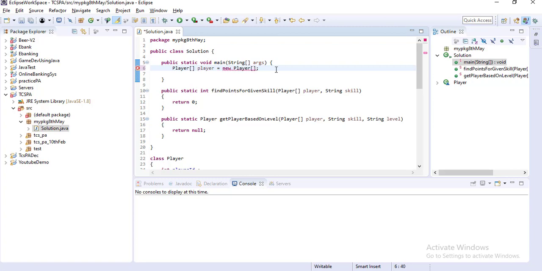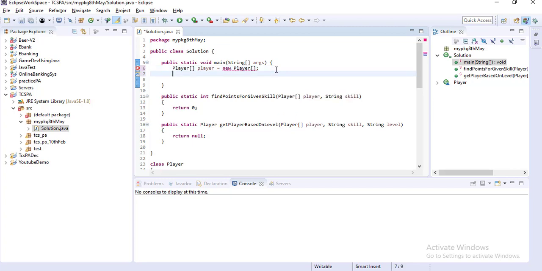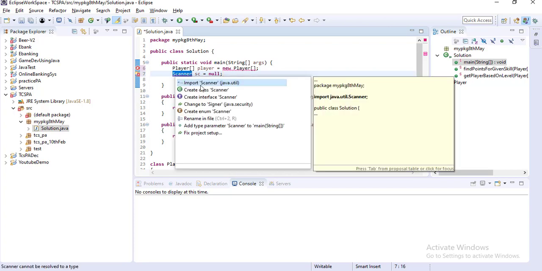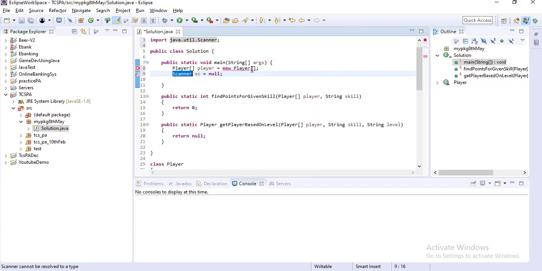Then using the scanner class, you have to take the input from the console. So Scanner sc equal to null, and you have to import the scanner class. Also here you have to mention the size as 4, because 4 objects you have to create.